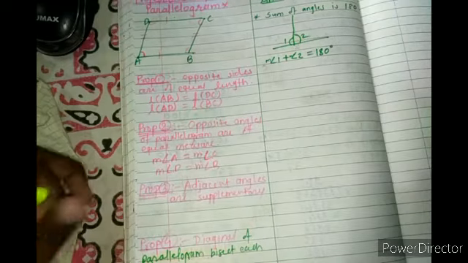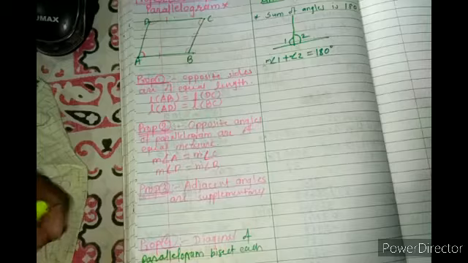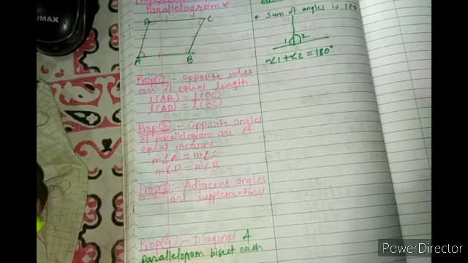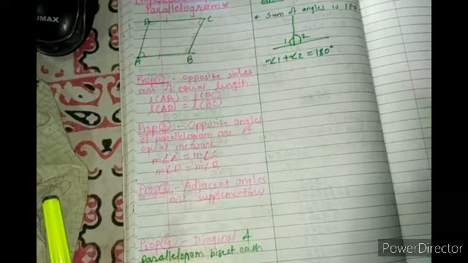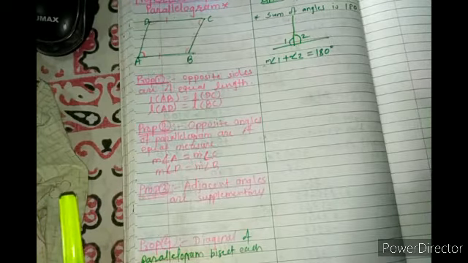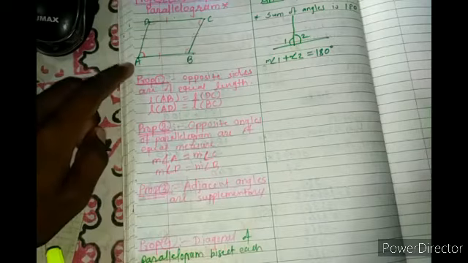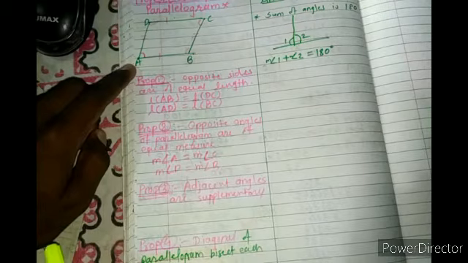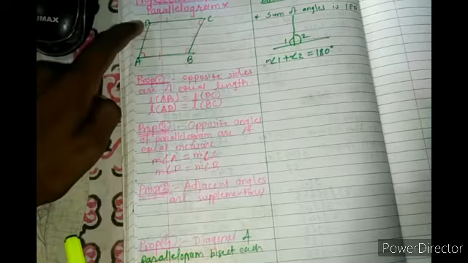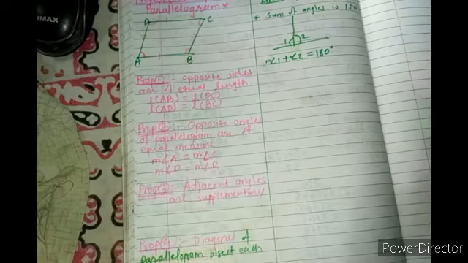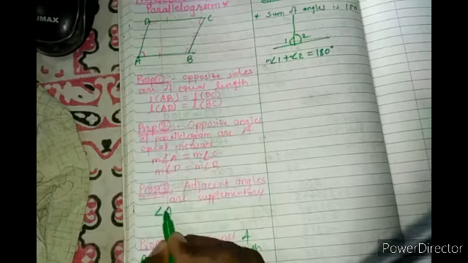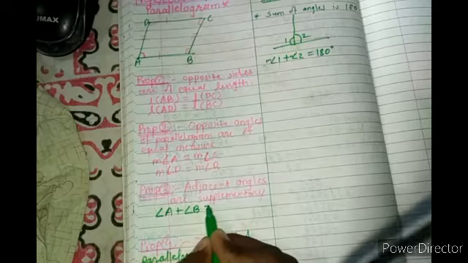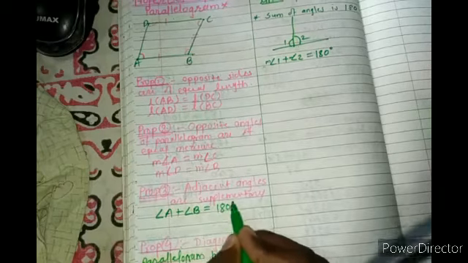What is third? Adjacent angles are supplementary. So adjacent means what? Adjacent means the neighbor nearest your home, beside your home, on two sides of your home, right? So in that pattern, if suppose A is angle, then which are the adjacent of this? D and B. So suppose I am taking a pair of A with the pair of B, then the sum are supplementary, means 180 degree.